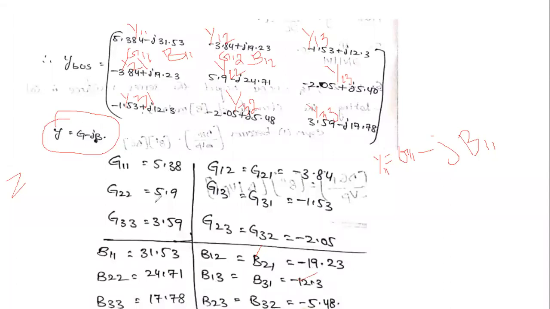Like this, first of all, we write down the G11 and G values and the B values using this Y-bus matrix in the fast decoupled method. In the fast decoupled method, first of all, we form the Y-bus matrix. After that, we determine the G and the B values. Understand?